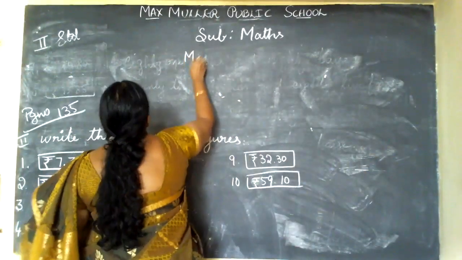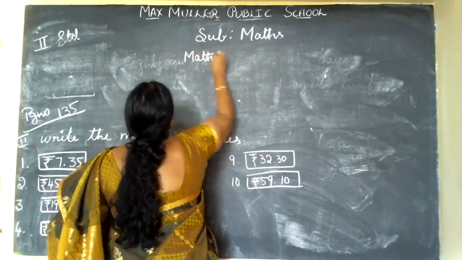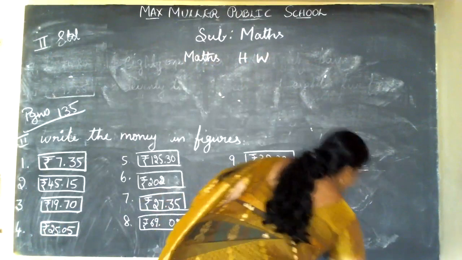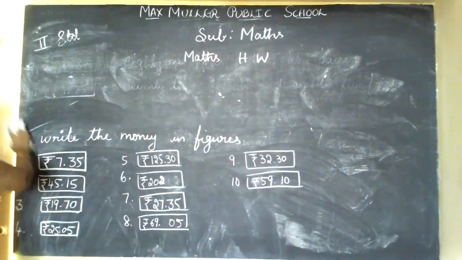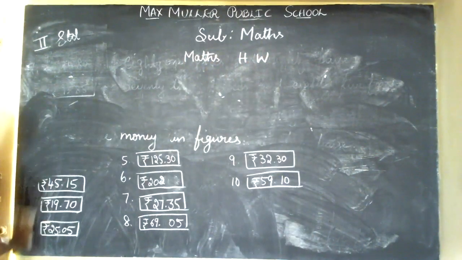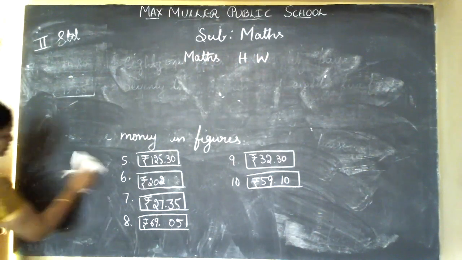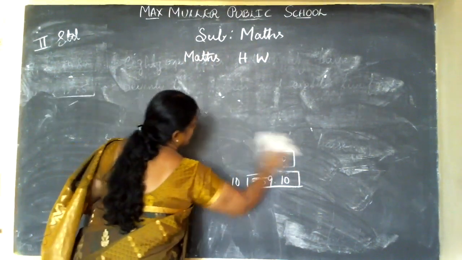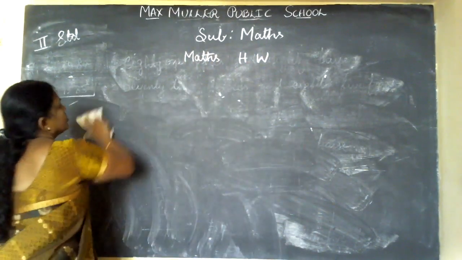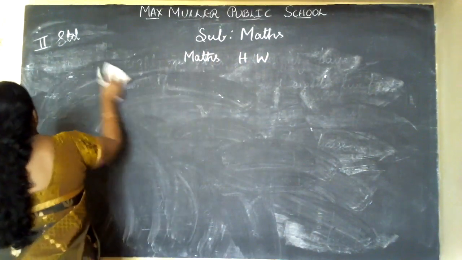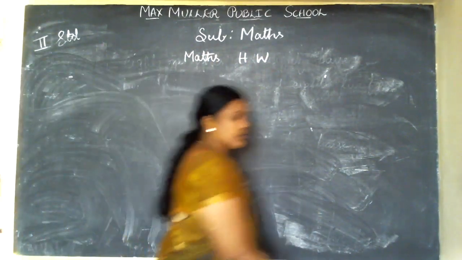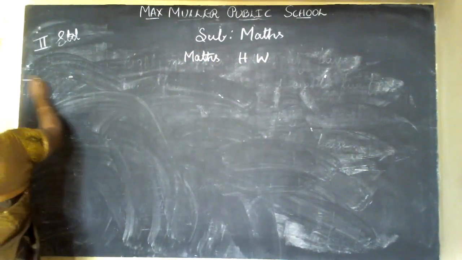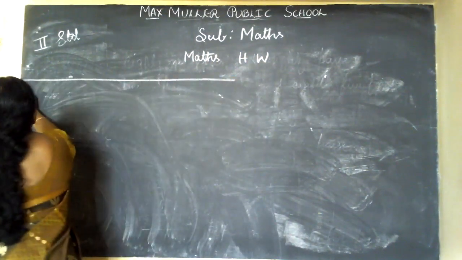Write maths homework. Shall I write, children? Now I am giving maths homework. See, when you are writing homework note, sharp your pencil and write the date. Which date I gave homework, no children, that you want to write the date. You mention the date. Now see, like this, no, maths homework note.